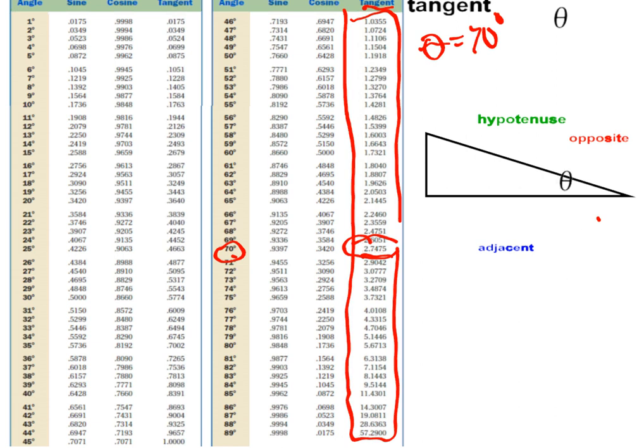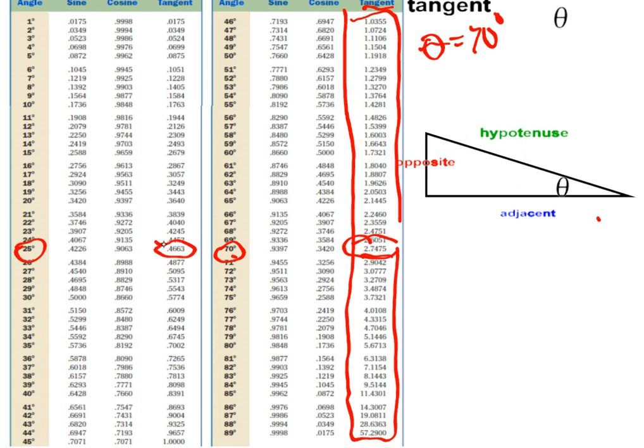Well, this triangle, if we want to look at this very acute angle, we know that the longest side is the hypotenuse. This must be the opposite because it's away from the angle in question, and the side beside it is your adjacent. Okay, so that's a very small angle. Let's just for sake of this activity say that that is 25 degrees. If it's 25 degrees, the tangent is